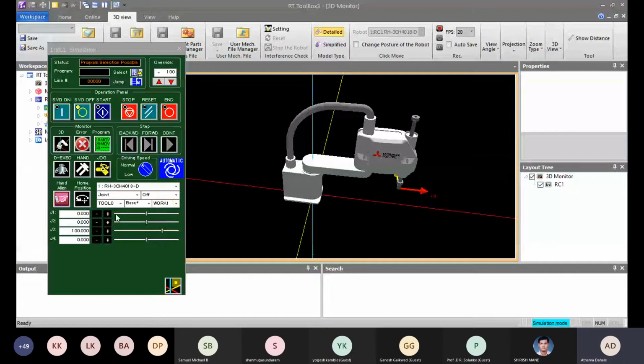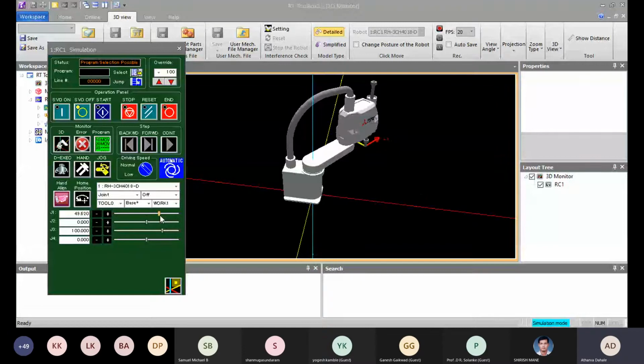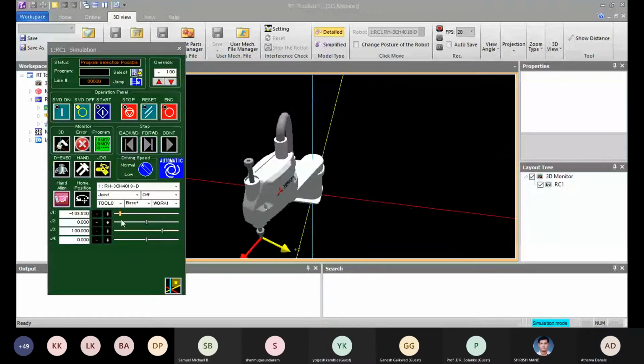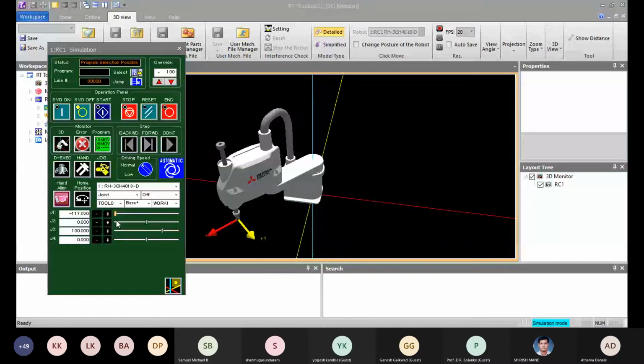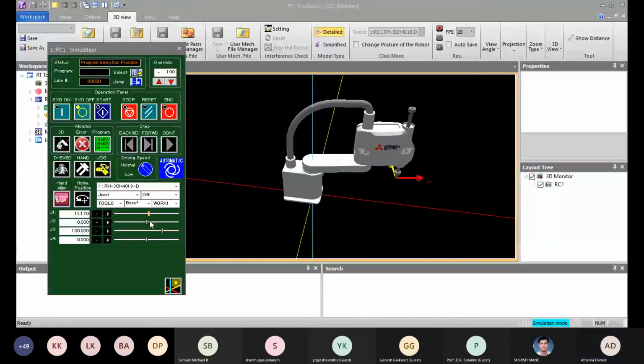I'll go here and move the J1 axis. Likewise, if I want to move the J2 axis, I can move the J2 axis.